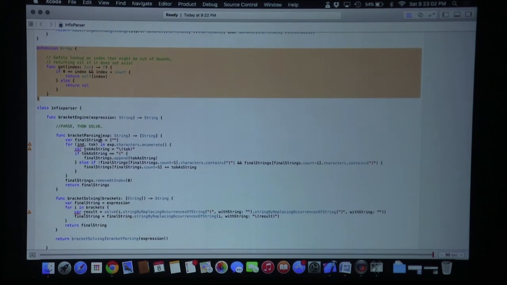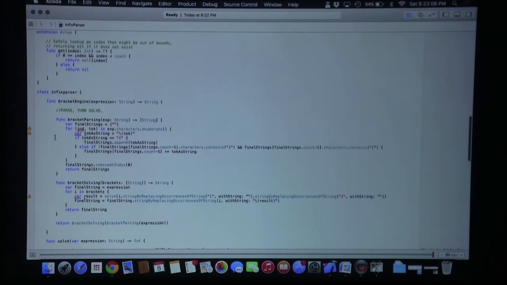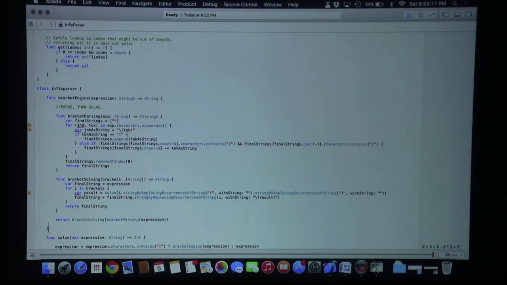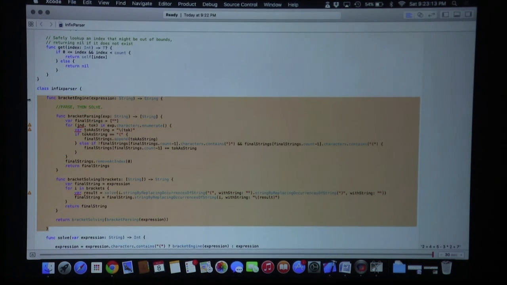Anyway, continuing, let's look at our Infix parser now. This is our Infix parser, and first of all, as you can see, I have a function here. What this function is going to do is allow me to replace all the brackets with the actual final answer. It does this by taking each and every section of bracket, and